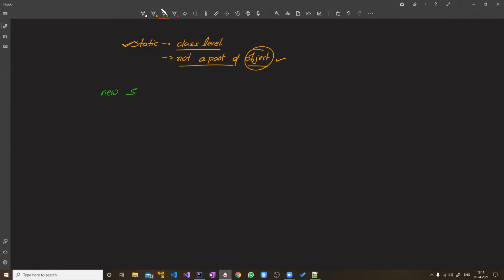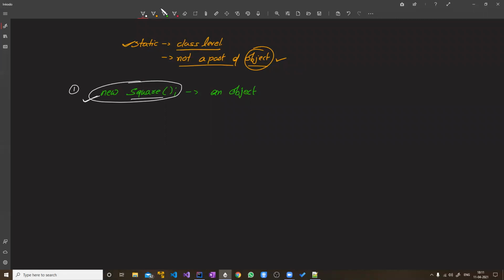based on shapes. So when I do this new Square, what I'm doing here is I am creating an object. So an object will be created. This creates an object. Before this, the object is not created. So if you have a class and this statement is not there anywhere in your program, that means you are not creating the object. An object will be created only when this new statement is executed. So that is the first thing.